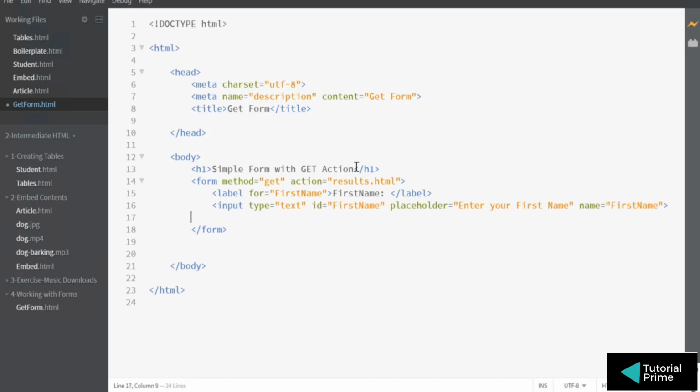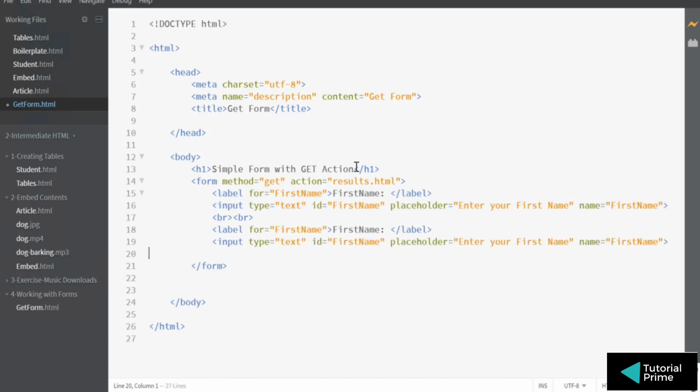Then we're going to add some new lines. Then we're going to add last name. Then we have to have a submit button and a reset button.